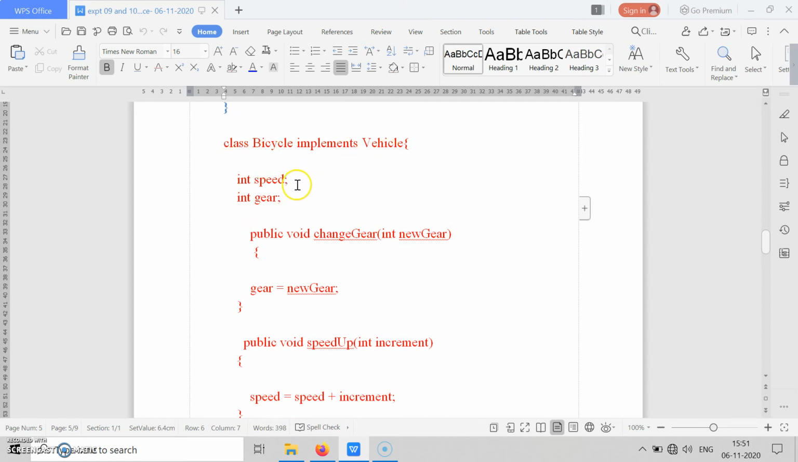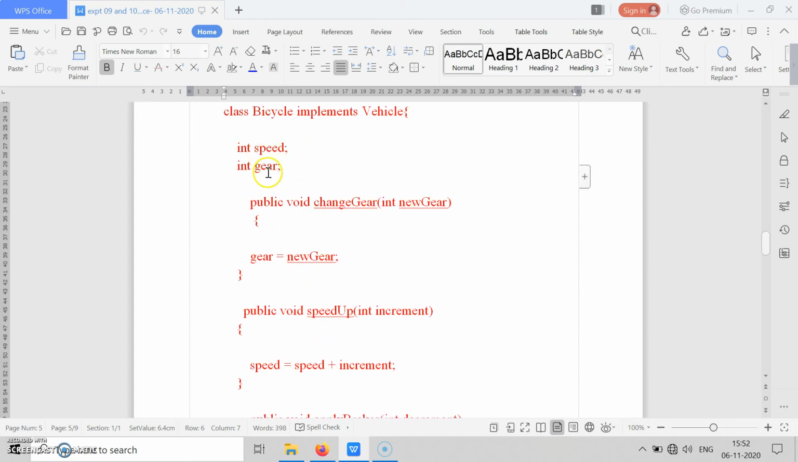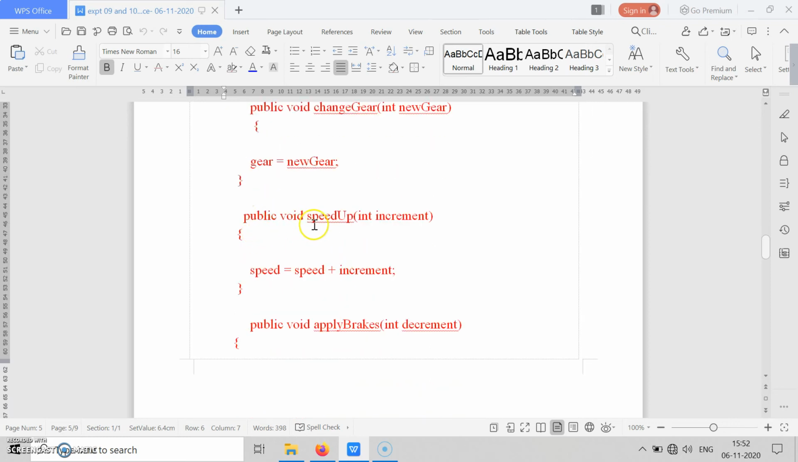इसमें मैंने 2 variables को declare किया है, speed and gear. So we can change the gear and we can increase or decrease the speed. So if I want to do anything with the gear, then I have the function public void change gear, int new gear, that is the variable that I'm using here, and gear is equal to new gear. So I'm putting this attribute gear into new gear, and then I'm using this public void speed up, which is